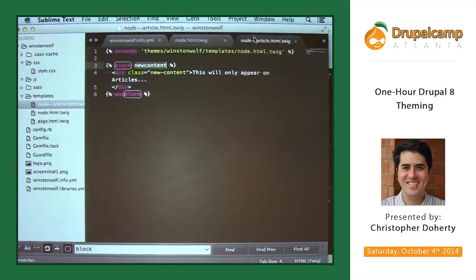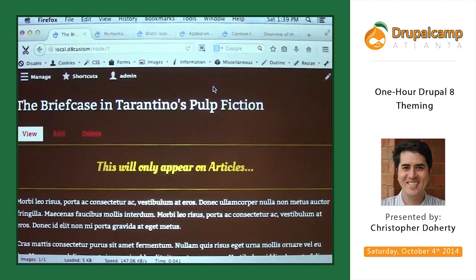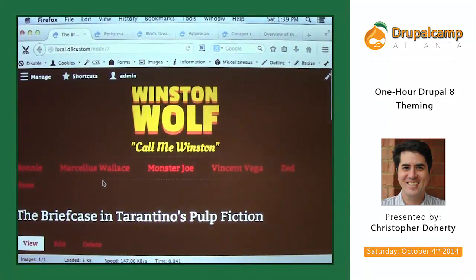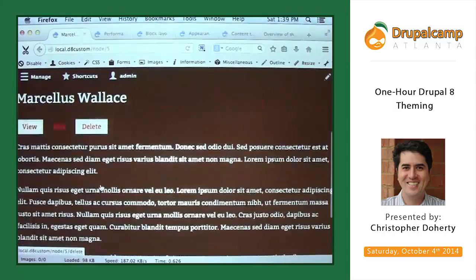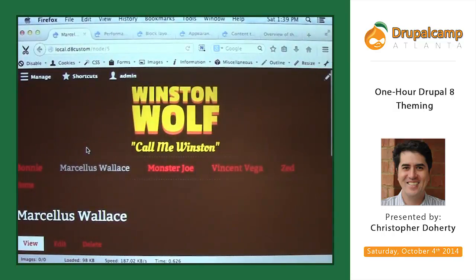The ideal thing about this is I'm picking a specific node type, an article, and copying that into only articles. So if I go to pages, it's not there. And then I could alternatively create a node-page.html.twig and override that and change the output specifically only for pages, which wouldn't affect the article content type, for example. So it's pretty cool.